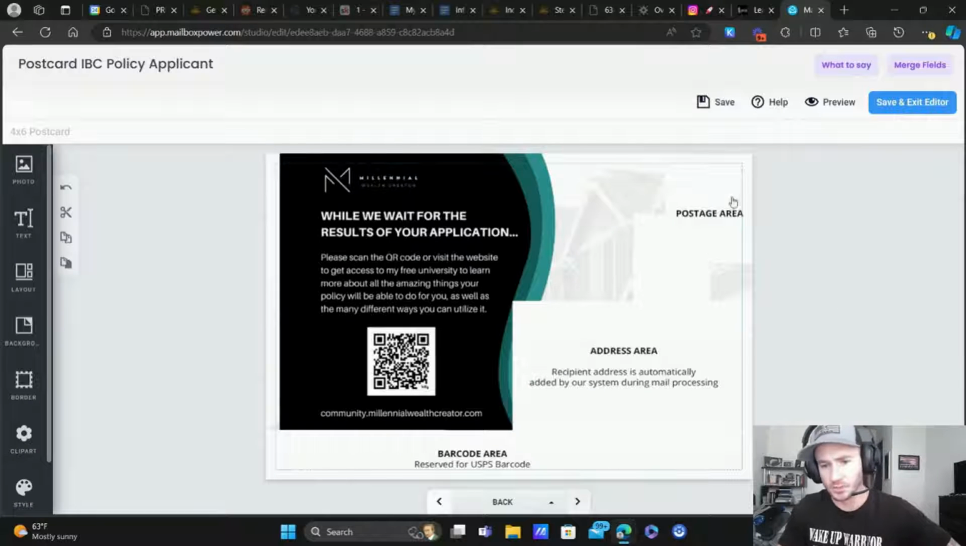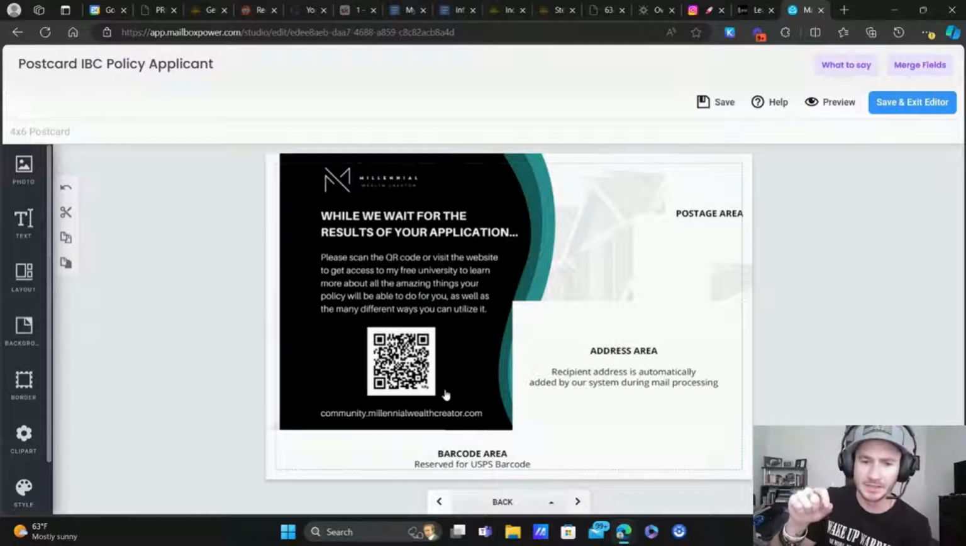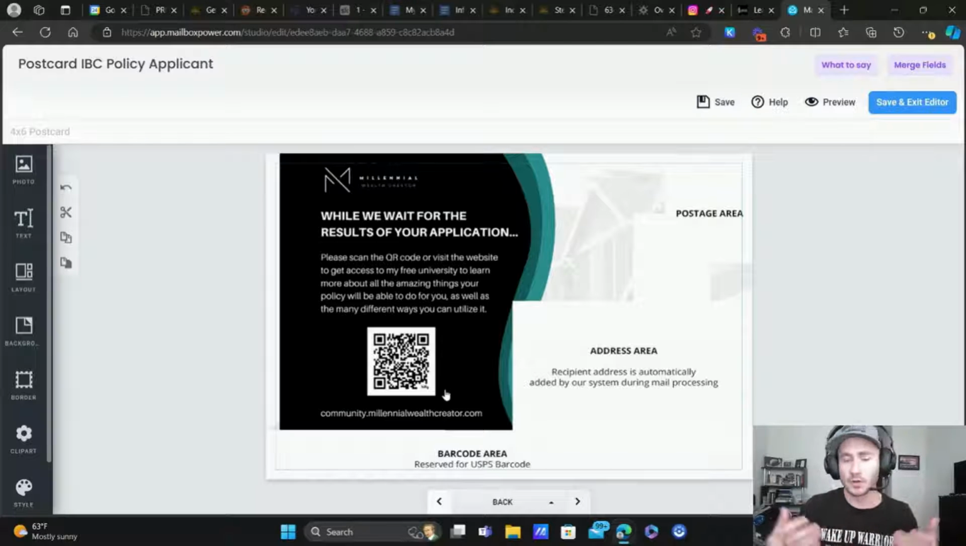So this is where the postage goes and the address and all that stuff. But I put a QR code, and then I actually put the website that the QR code goes to, just in case they don't know how to scan a QR code. I want them to know what the website is. I'm leading them to a really good educational university that I have on how their policy works, what it does for them, all the benefits that they get, and all the things that they could do with it. And obviously we've had that conversation already, but